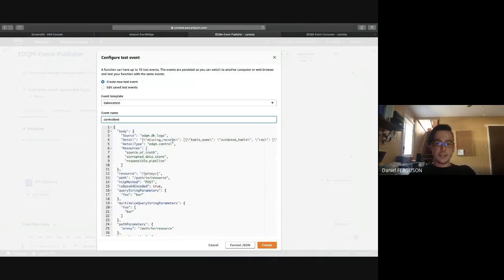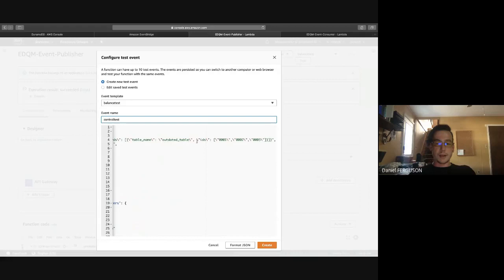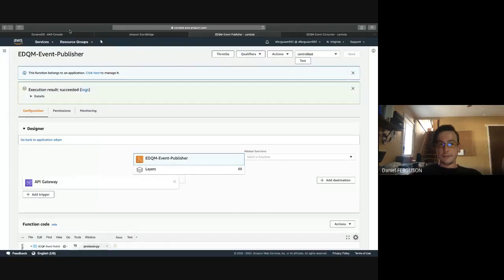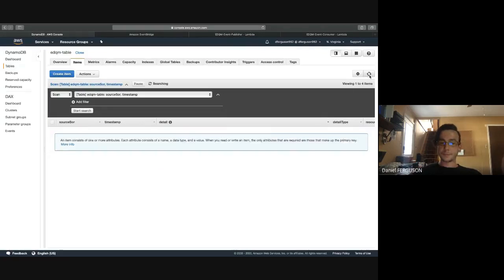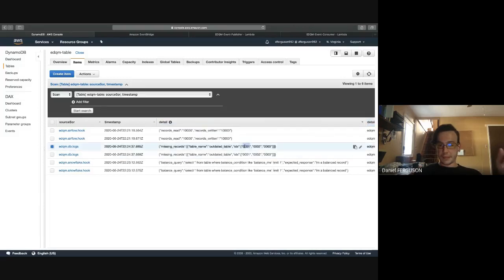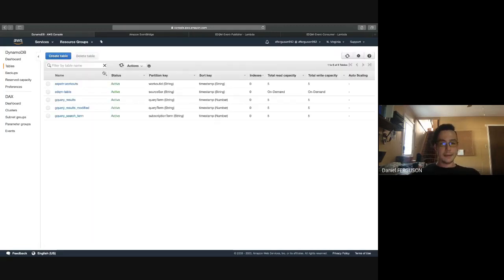And the control test is really just showing, hey, we're missing some records with these IDs. Can you start a new run? The downstream control job should read this and say, hey, my downstream process is missing these IDs. Can we go rerun an ETL job with these IDs specifically? And then I'll be able to reintegrate them back into my downstream system. And that is that. So does anyone have any questions on that?